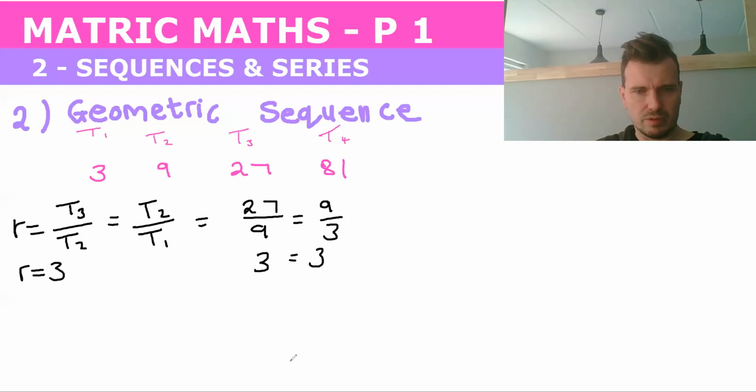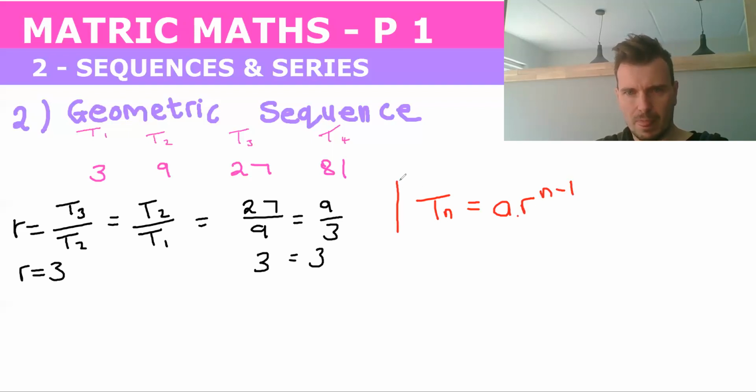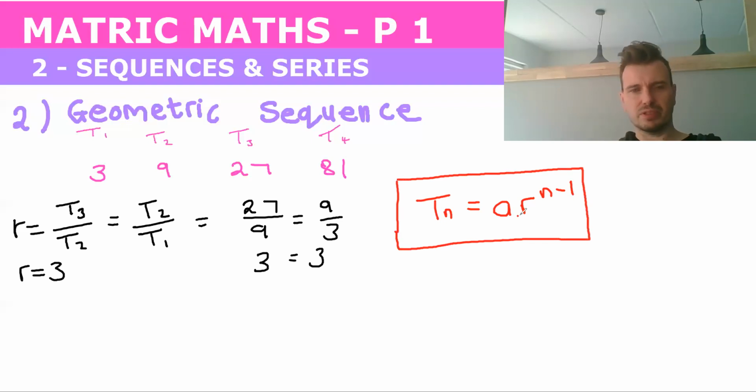So when we go to the back of our formula sheet, we see that there's a formula which says Tn equals A R to the n minus 1. And so you know that this one, because it's got R, and you know that geometric sequences have a common R, you know that this is the formula for a geometric sequence. So for this one, if they asked you what is the fifth term, well, you could